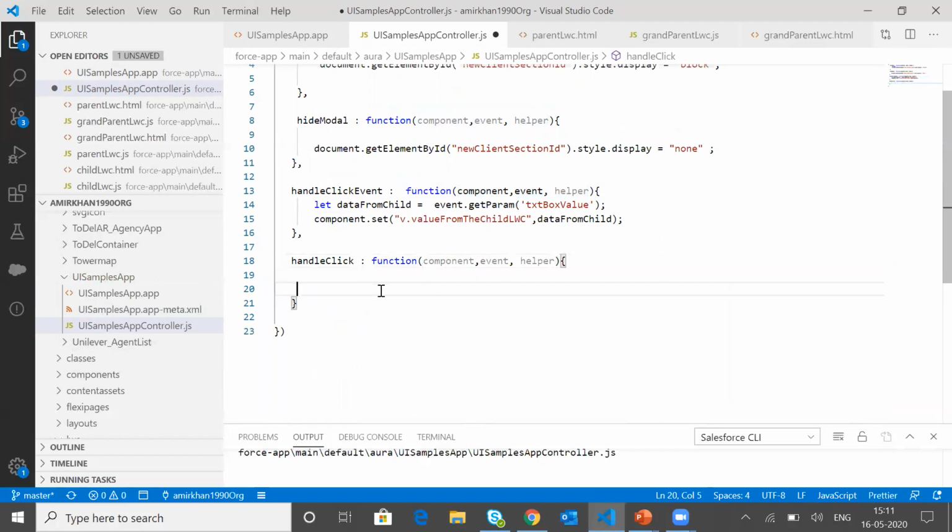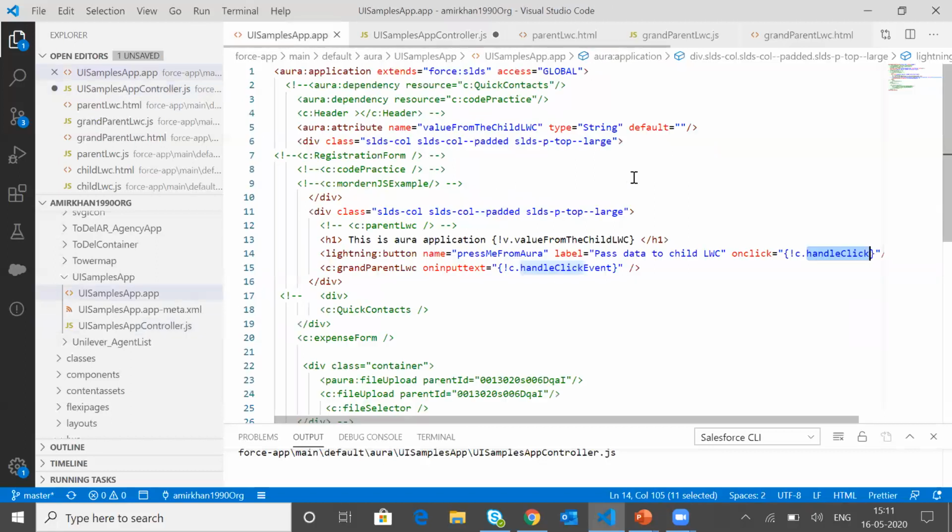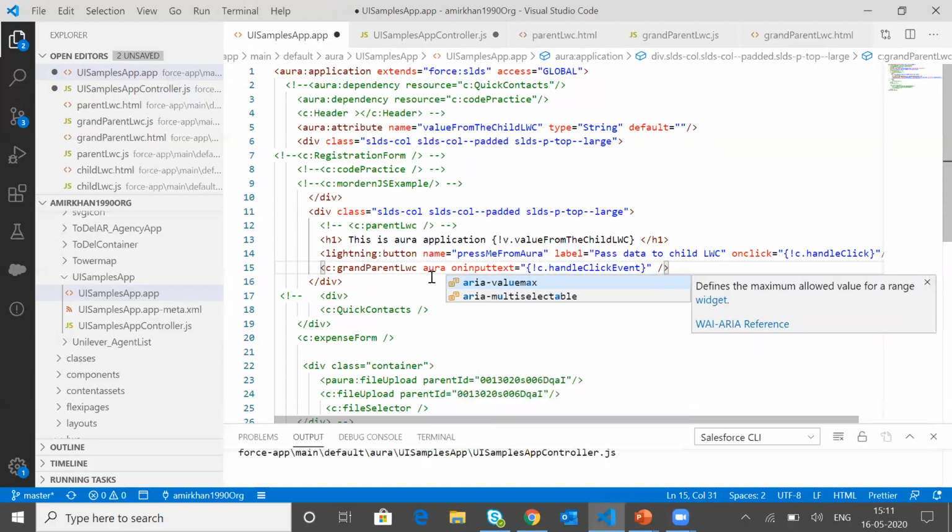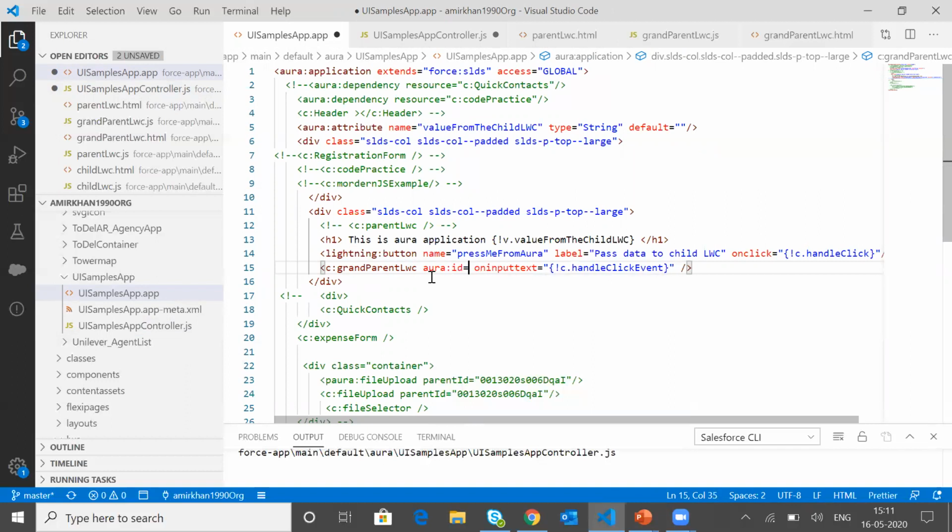Within this onclick of the button, we will need the instance of the grandparent LWC reference. For getting the instance we will have to use the Aura ID, and let's name it grandparent Aura ID.